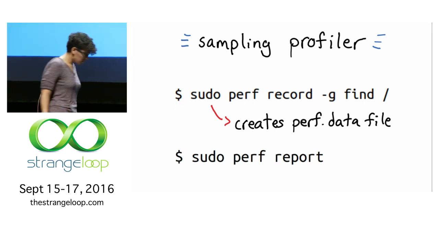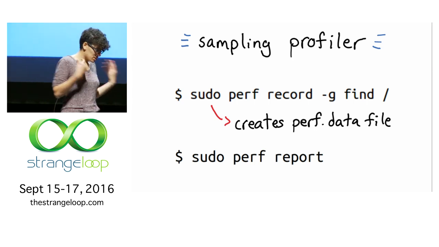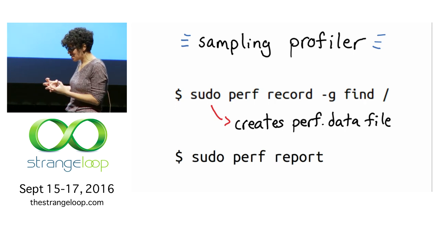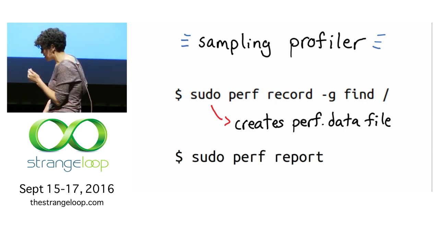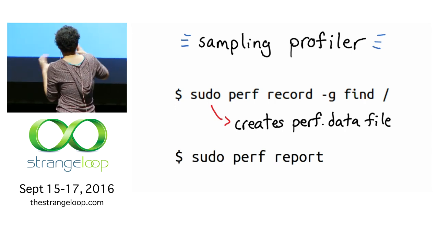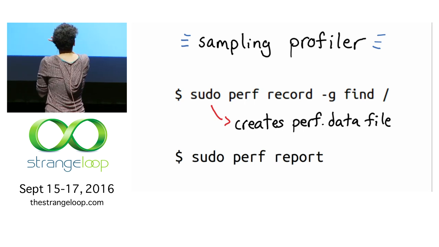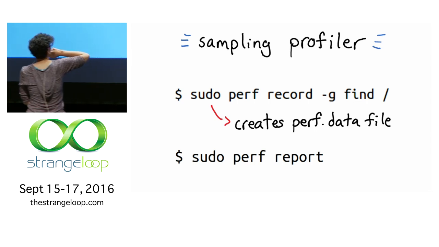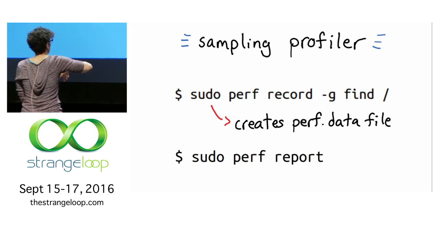And the way this works is there's a subsystem in the Linux kernel, which will, when your program is stopped, collect information about what it's doing, and then send you the information. So there's actually a ton of work that went into making this a thing. And it will create this file called prof.data after it's recorded all this sampling information.